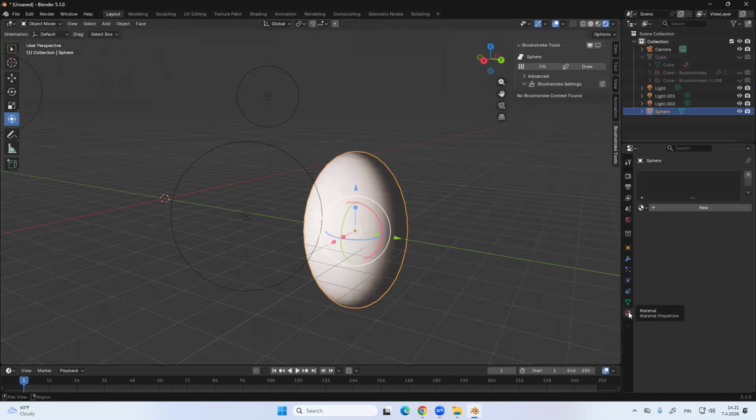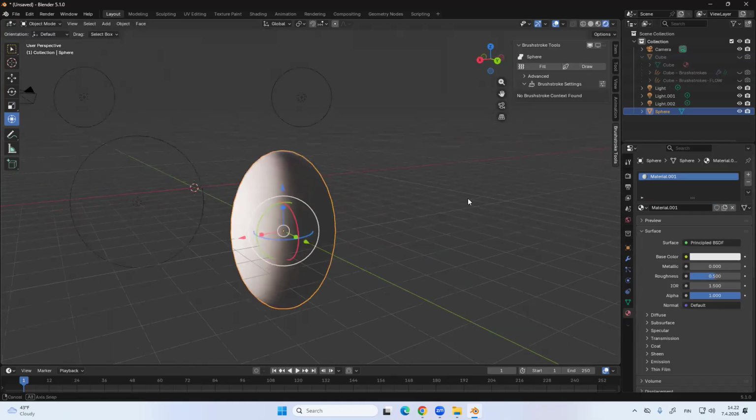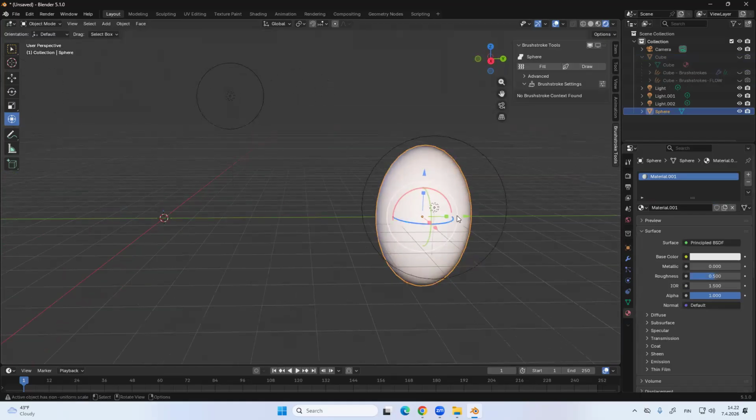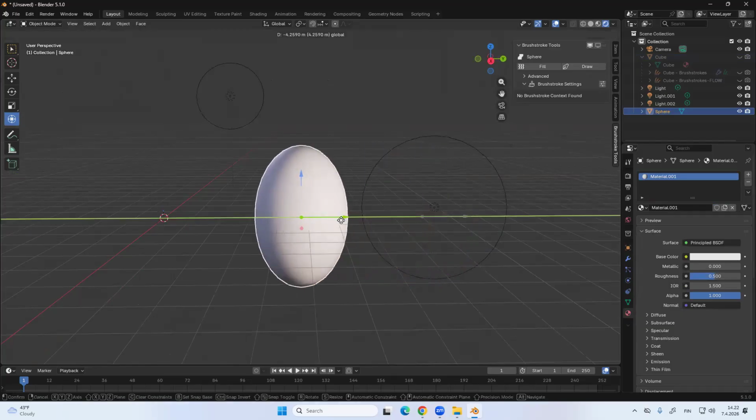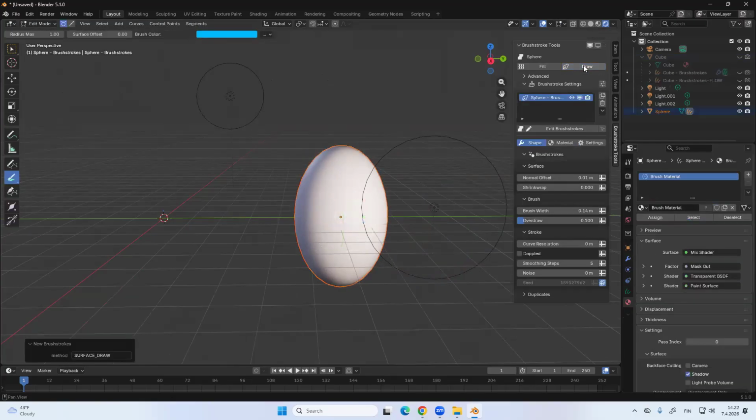And well, I guess I'm giving it a material. Why not? So what if I want to draw on this with the brushstroke tools? Let's try that out. Then I click on draw,